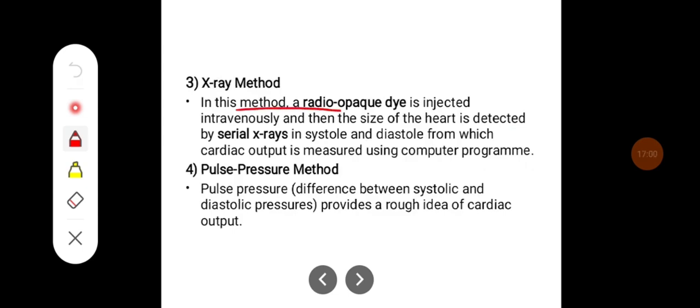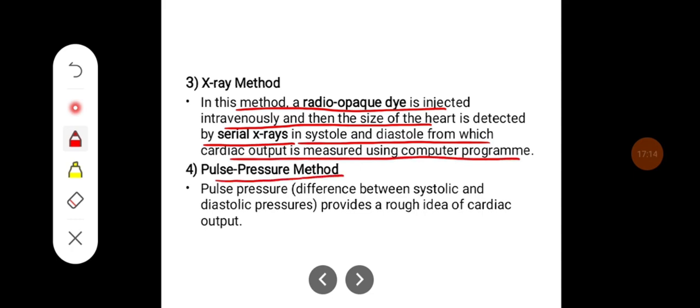X-ray method. In this method, radio-opaque dye is injected intravenously, and then the size of the heart is detected by serial X-rays in systole and diastole, from which the cardiac output is measured using a computer program. Then pulse pressure method. This is the difference between systolic and diastolic pressures, provides a rough idea about the